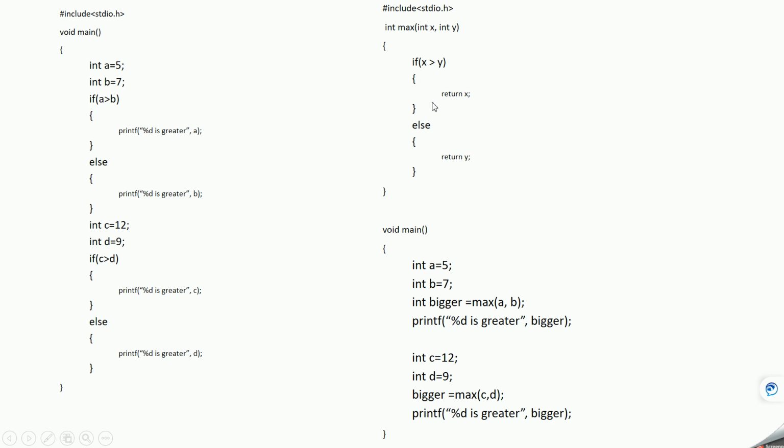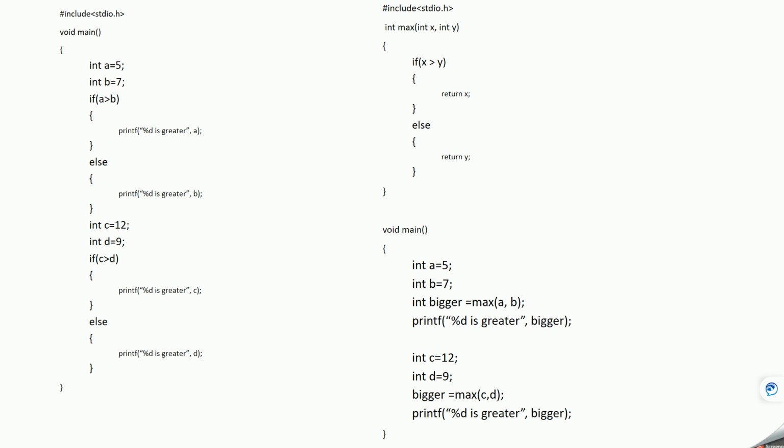So in this case the writing of code is made easier, and it is less code, meaning you have to write very little code. Otherwise you have to write this condition again and again, but here you don't have to write that condition checking again and again. Basically you don't have to perform the same operation again and again if you use the function. If you want to perform this condition checking 100 times, all you have to do is call this max function with different values, just as you do addition on different values in a calculator.